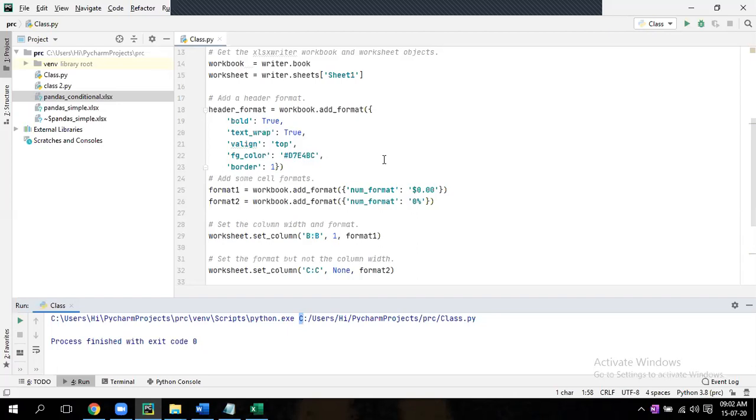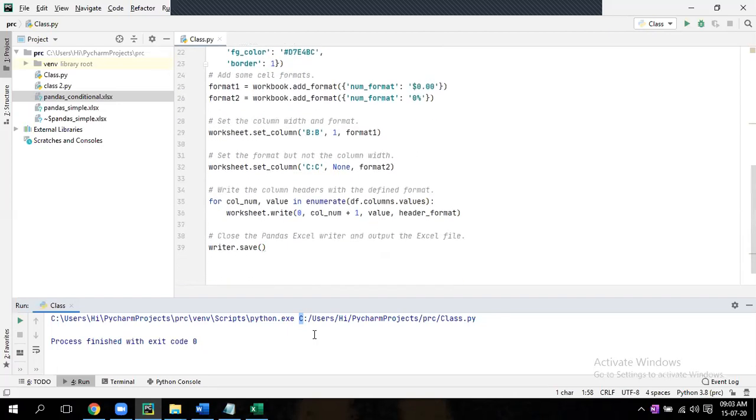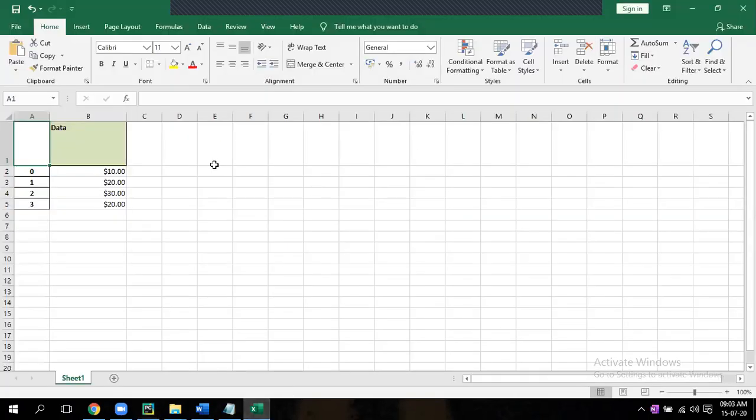Where do you want to apply this format? I want to apply it in column B to B. Which one? Format 1 in column B. Now go to Excel. So it is B, so I want dollar in the B column. Now for C, go there.